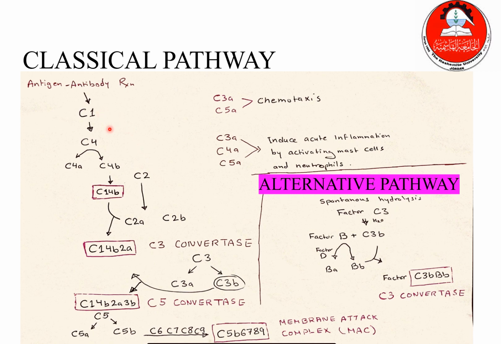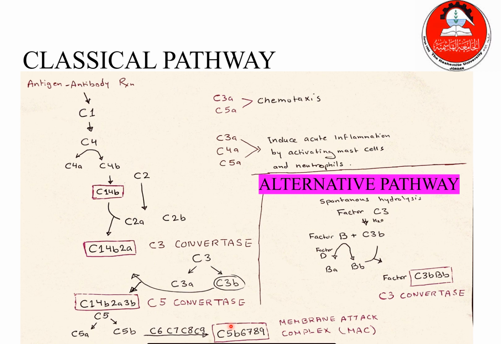نرجع نعيدها على السريع. C1 activated C4 أعطانا C4A و C4B. ال C4B ارتبط مع ال C1 أعطانا C1-4B. ال C1-4B activated ال C2. شو أعطانا؟ ال C2A وال C2B. هلا ال C2A ارتبط مع ال C1-4B 2A كان بولنا اللي هو C3 convertase. C3 convertase أثر على C3 أعطانا C3A و C3B. C3B ارتبط مع ال C3 convertase عملنا C5 convertase. C5 convertase أثر على C5 أعطانا C5A و C5B اللي ارتبطوا مع C6 C7 C8 C9 وكونوا الممبرين أتاك كومبلكس